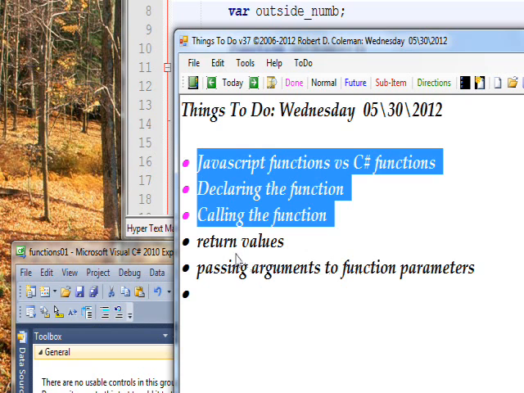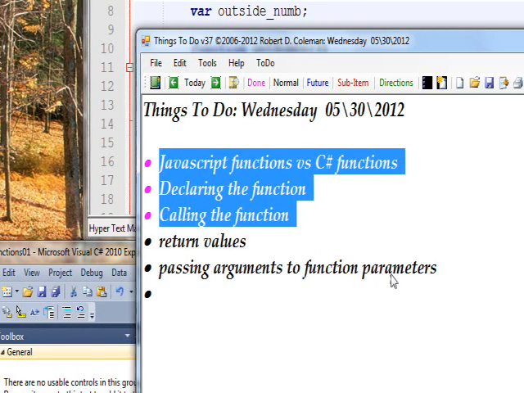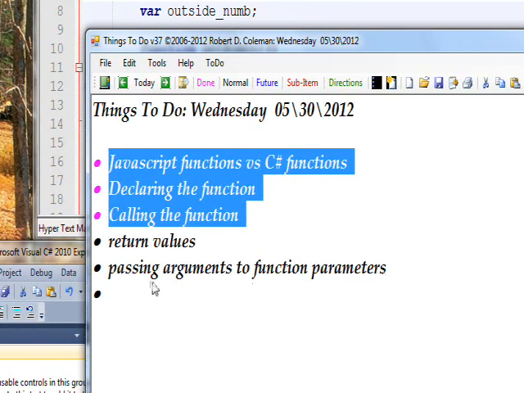The next thing I wanted to talk about is returning values. I actually don't think we'll have time to get to the last thing, passing arguments to function parameters, so I'll cover that in the next tutorial. But in terms of returning values,